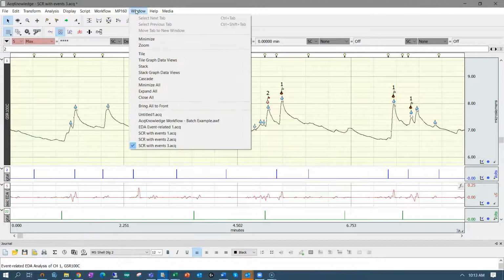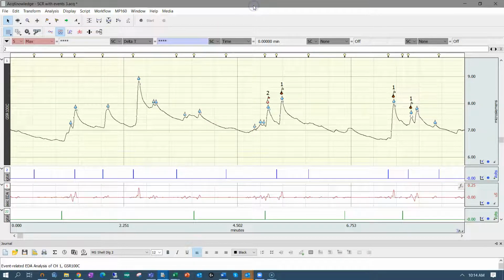If we come into window, we can see 1, 2, 3, 4 files. 3 of them were effectively the same. I just wanted to provide an example here, but you could have as many files as you want, and it will run through that workflow, performing the tasks that you want. Anyway, it gives you a quick idea of how easy it is to set up a batch processing that can